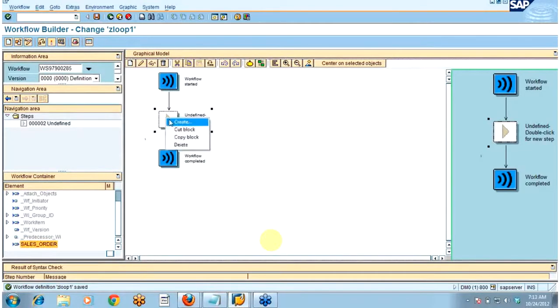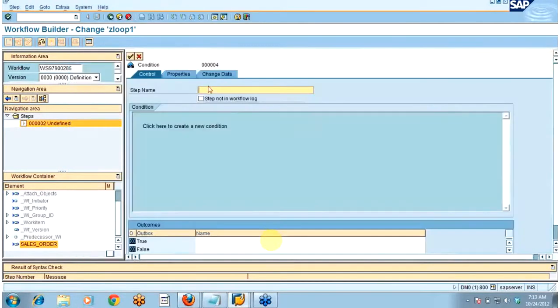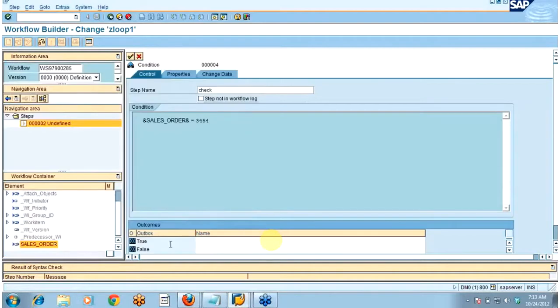Now I will be creating one condition step. Here I'm just giving the step name and I'm just clicking on this particular statement. Click here to create a new condition. I'm just double clicking on it to provide the expression. I want that when this sales order is equal to 3454, then something should happen, like true and false.